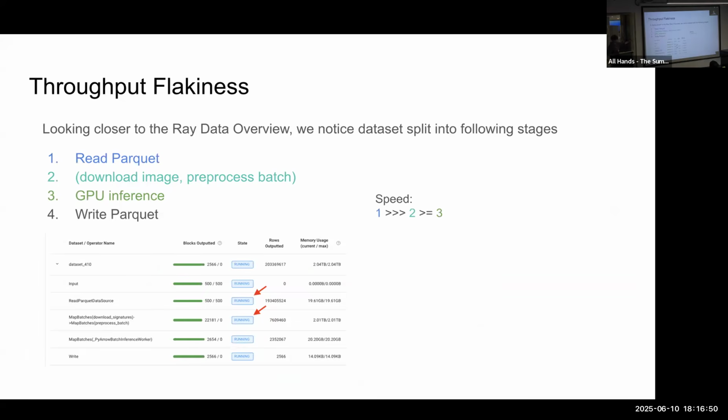And the speed for those: read parquet is very fast. Download and preprocessing is somewhat faster than the GPU. GPU is the slow one. And this is, I guess, a very standard way, right? Because you usually want your GPUs, the most expensive resource, to be the slowest one. So it makes sense for it to be the slowest one. But why does it happen like